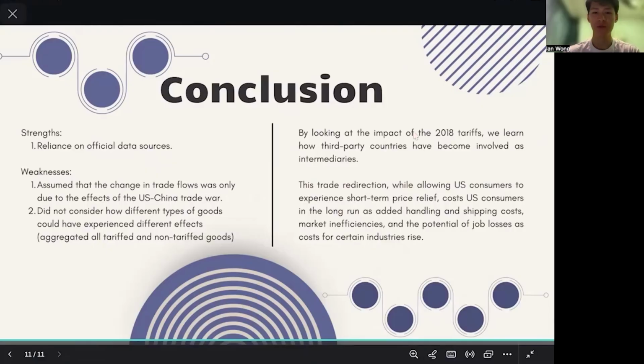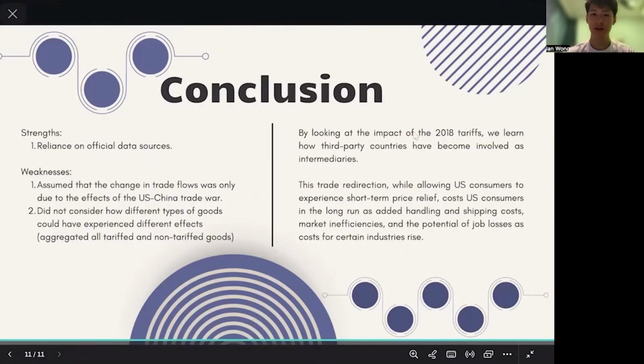So from these findings, we can predict what will happen in Trump's second term in office. Well, as we know, the US imposed tariffs on a whole host of countries, which include countries in Asia like Malaysia and Vietnam, and of course China. Given that the infrastructure for trade redirection has already been set up, we can expect that it will continue to prevail, especially if the tariff rate in third-party countries is lower than that of China. Furthermore, it is likely that the prevalence of trade fraud will rise due to the increased incentive to underreport customs values in order to pay less of the tariffs.